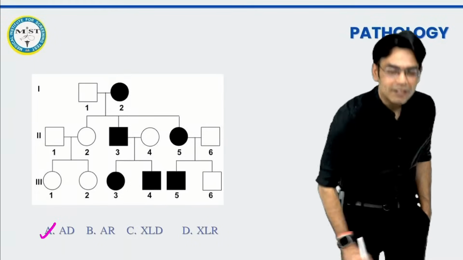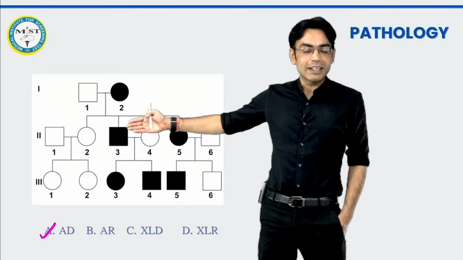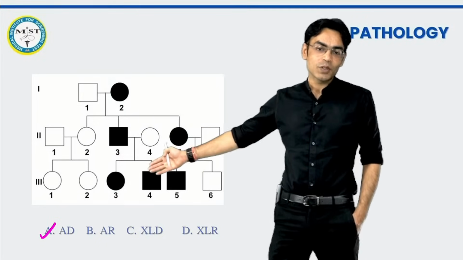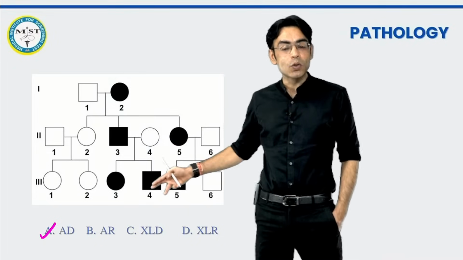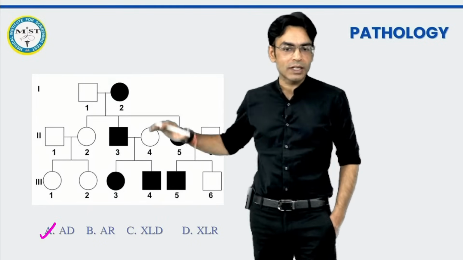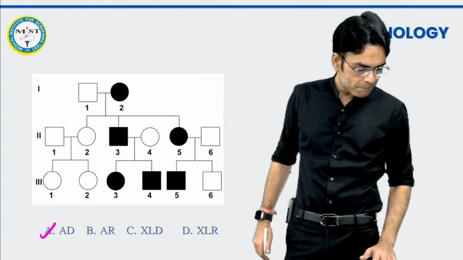I'm so proud, beta. This is autosomal dominant because there is no gender bias here. Father, who is having an X chromosome, is also transmitting the disease to son. So if it would have been a gender bias, then father would have only given to daughter. But father ने दोनों को दे दिया बेटा, तो ये gender bias नहीं है यहाँ पे. So obviously it's an autosomal dominant. All the generations involved, no gender bias, autosomal dominant. ठीक है?